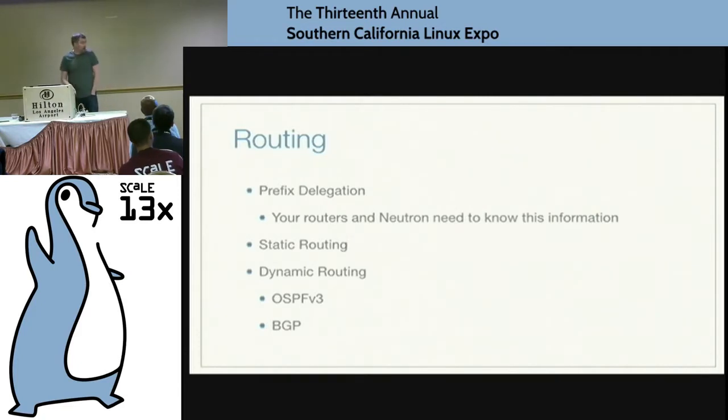How we do static routing is one of the problems as well. You have to have a well-known address right now in order for it to work, or you have to have manually configured the upstream router to know the link-local address that forwards traffic back. Some of the other initiatives are to start supporting dynamic routing within Neutron, at least for the router, and either speak OSPF or BGP internally. Both work. I've done both. They're well tested, well known in how they work, and well integrated with routers and switches.